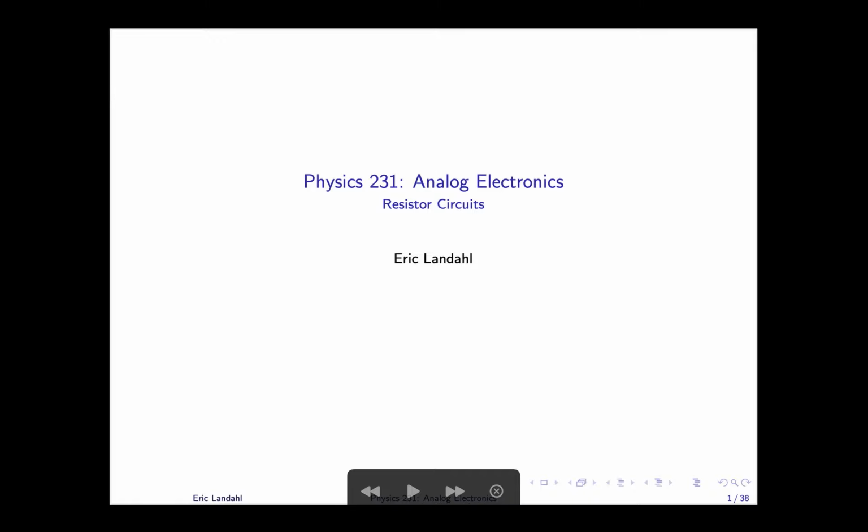This section of videos in analog electronics is going to be on resistor circuits. In particular, we'll be revisiting several of the simple resistor circuits which we built and tested in Physics 110, the first quarter of the course sequence, and adding a little bit of a theoretical framework which will allow us to generalize to more complex circuits,